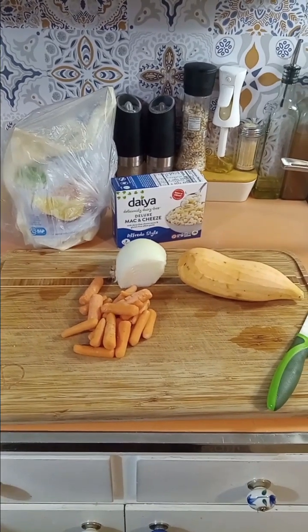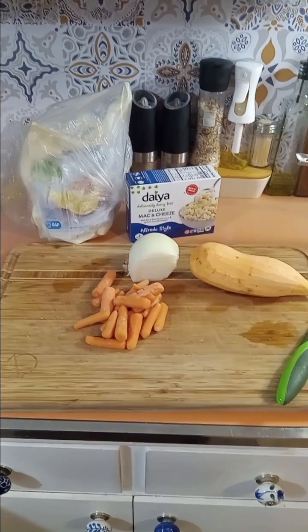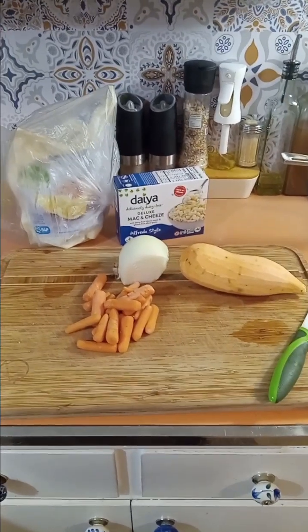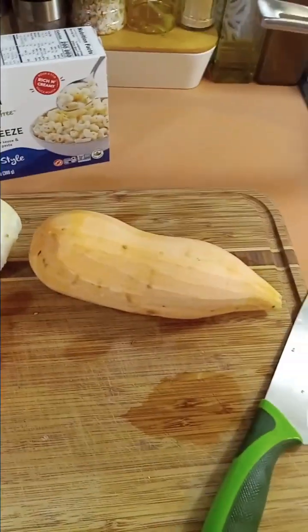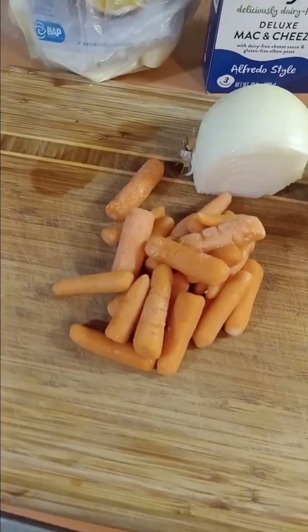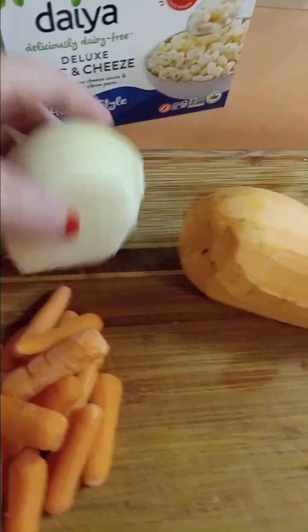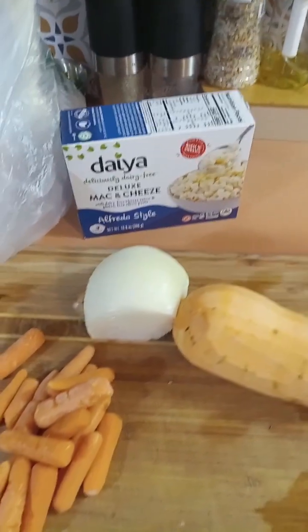Okay, guys, so tonight dinner might be a little weird, but I'm making do with what I found in my kitchen and what's easy because I'm not really in the mood to cook an elaborate dinner. So I have one sweet potato left in the basket. I have some baby carrots in the fridge. I have this piece of onion, and some frozen shrimp in the freezer. And I could make rice or pasta or something, but because I have the potato and the carrots that I